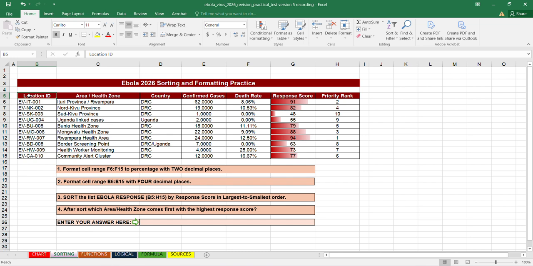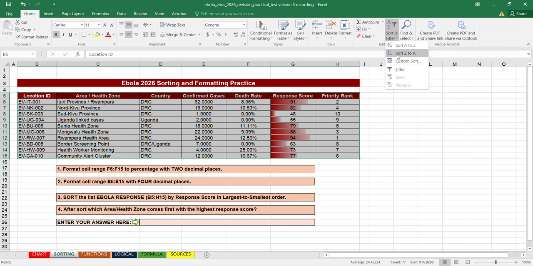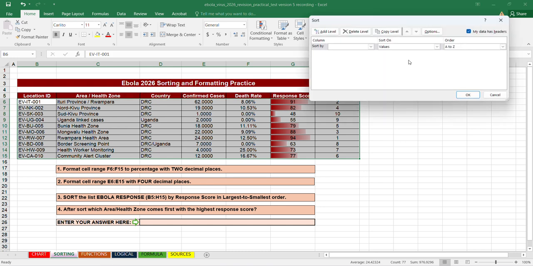And then you go where? To H15. Okay? So from B5, go to H. This is H and then 15. Yeah. So that is H15. So using the sort and filter, click the arrow down. And then you count 1, 2, 3. We will use the custom sort. Okay? So click this. And then you will see a column here, a sort on here, and then the order.